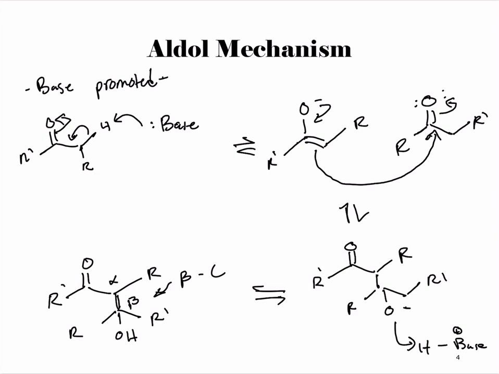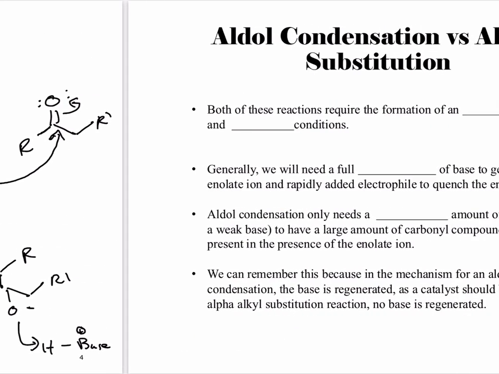So this is the general mechanism for the aldol reaction. And so it's a base promoted reaction, right? Because we have to consume an equivalent of base in this reaction. The product that we make is going to be a beta hydroxy because we have it on the beta carbon now, carbonyl compound, right? So we regenerate our carbonyl, and then on the beta carbon we have a hydroxy group. Okay,